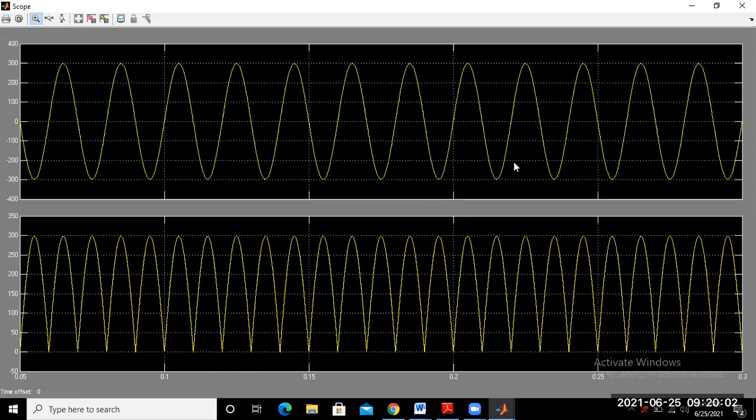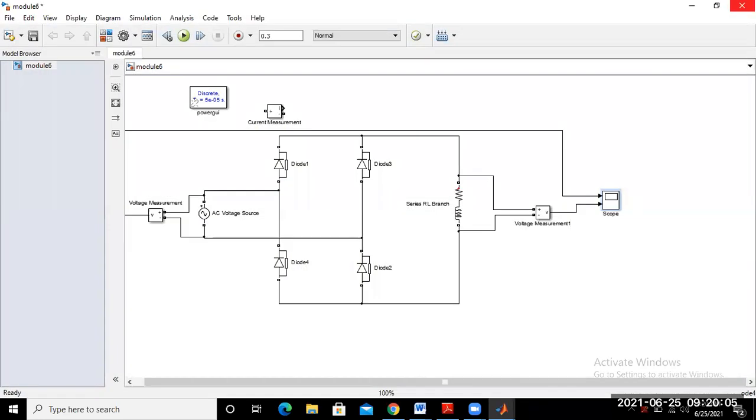Suppose now you want to measure the output current waveform.